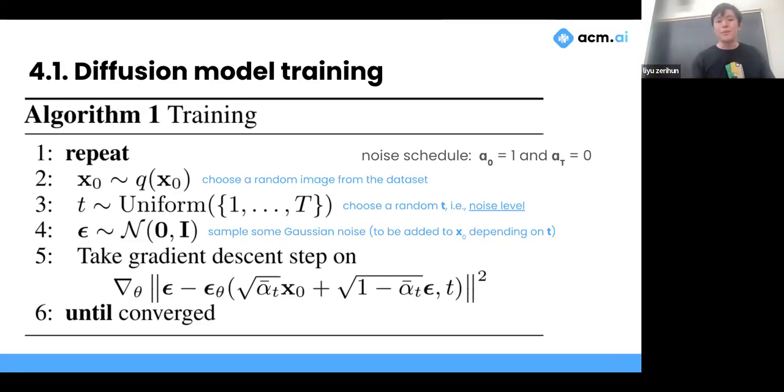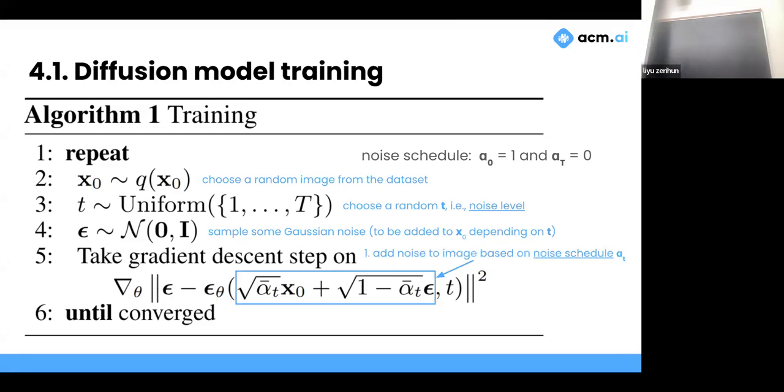And then here's where the important part comes in. First, we add the noise to the image based on this noise schedule alpha t, which is not terribly important. The point is that we have a schedule for how we actually add noise. So we add this noise to the image, multiplied by some constant in front. We're taking a linear combination of the two, right? We took our noise, took our image, and added some noise to the image. That's the first step. The second step,